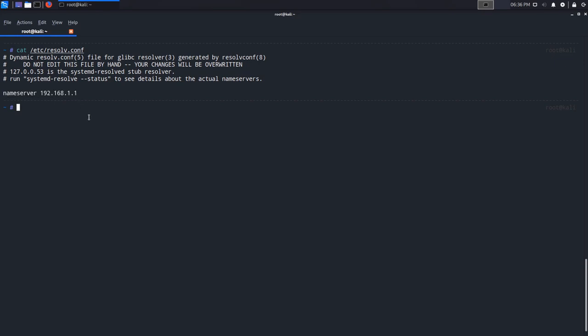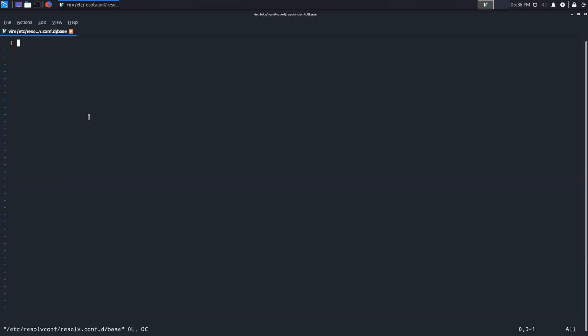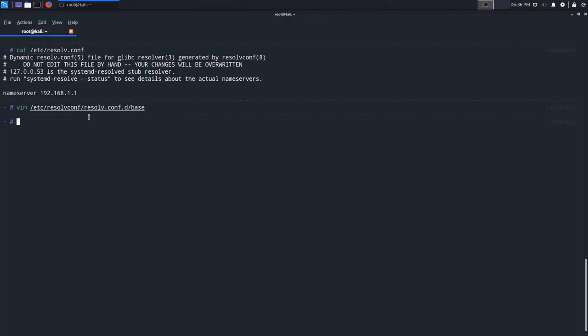So what I want to do now is edit the base file under resolvconf. That's under resolvconf.d, and we're looking for the base configuration file. We will put in our name server: 1.1.1.1, which is Cloudflare, and I'll put in Google. By the way, I don't recommend using the Google name servers. And I'm going to add a name server, the secondary Google one. The only reason I'm doing this is to demonstrate a point here, and I'm going to write and save those